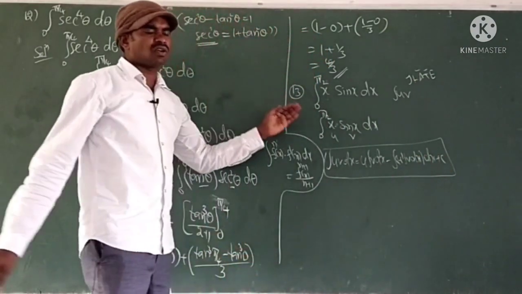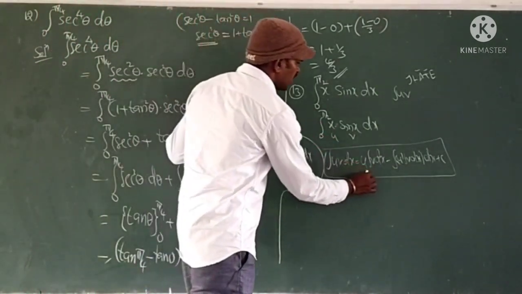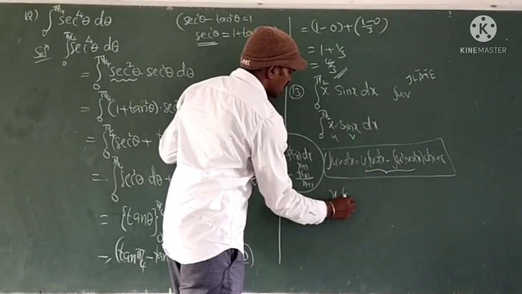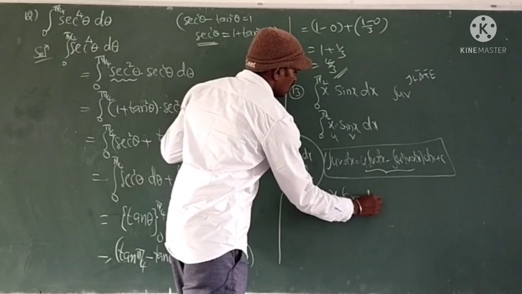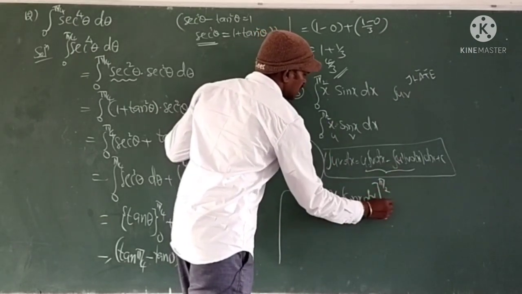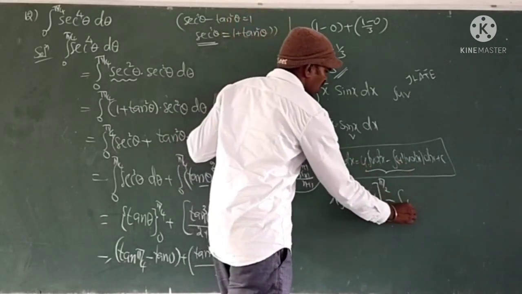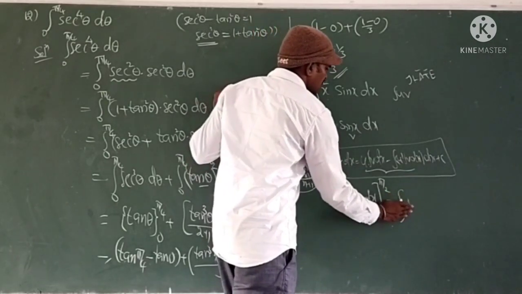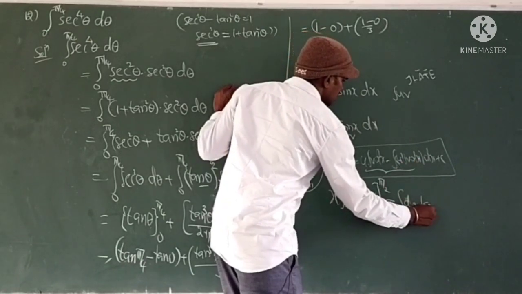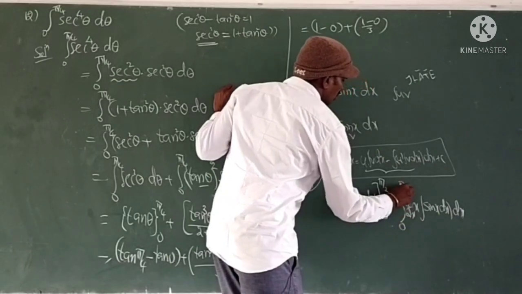But in this definite integral, a constant cannot be written, and apply the uv formula. So from here to here, u means x, next integration of v dx means integration of sin x dx, with intervals 0 to pi by 2. Then minus integration of u dash, meaning the derivative of x, which is 1, and integration of v dx, otherwise you can write d by dx of x, again integration of v dx means integration of sin x dx and whole dx, with intervals 0 to pi by 2.